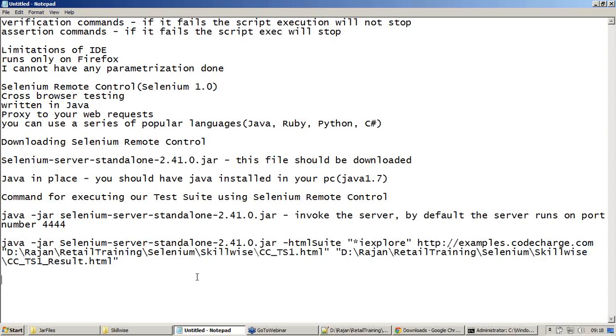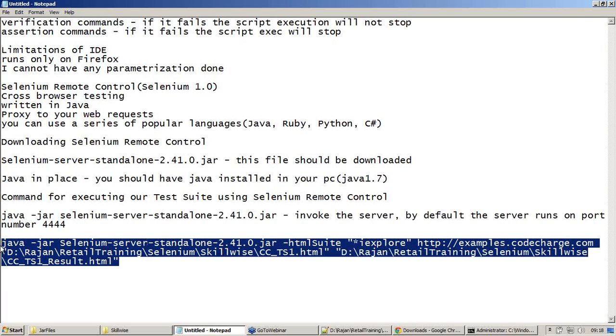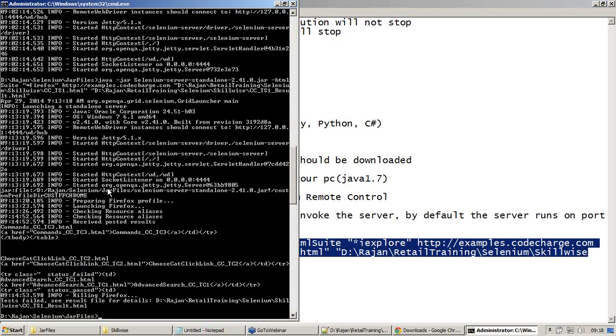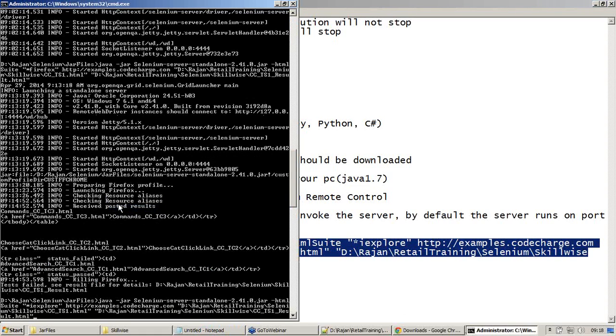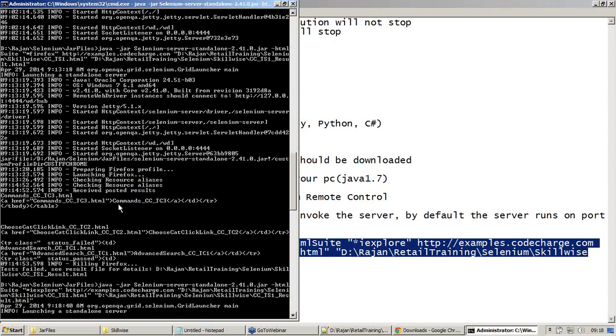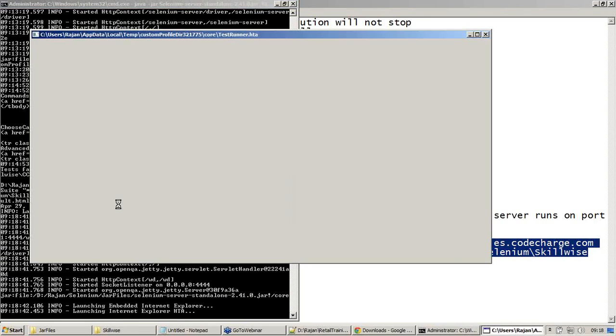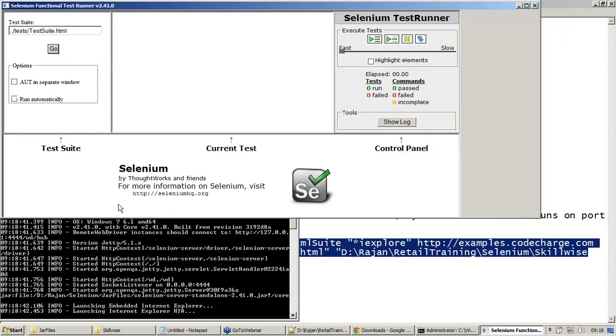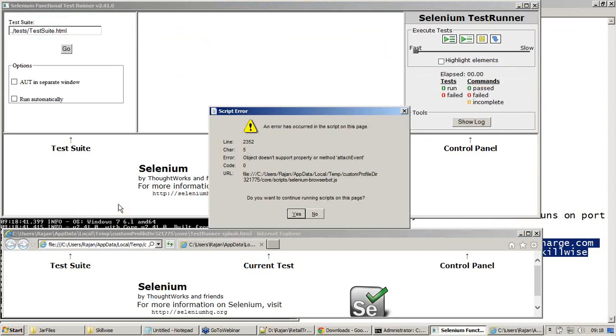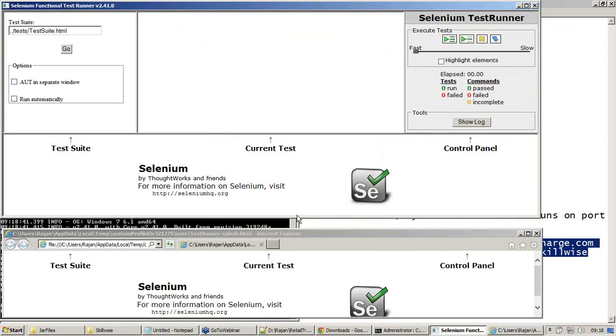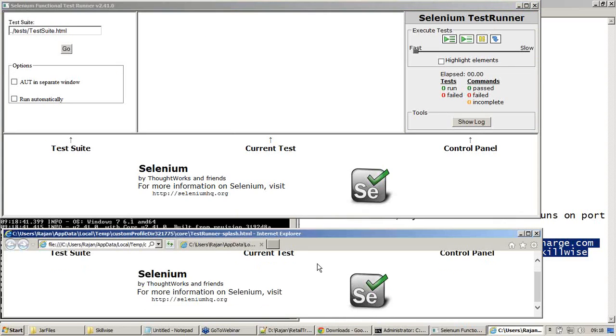I'm coming back to my command prompt, copying, right click, paste, and then type enter. So in IE there are some problems with JS execution. I don't think it will execute. I think it is better we go with Firefox.